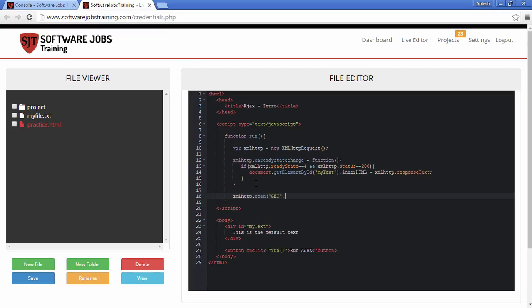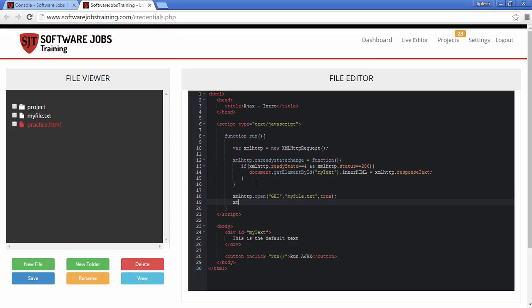GET is the method that we'll be using because we are going to get the contents of the file named myfile.txt, and then I can say true. Then I just need to send this request to the server, and that's pretty much it. So let's save this now. As you can see, it will load some default text, and we got a button that says run AJAX,